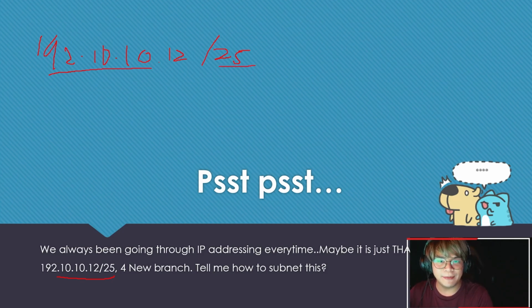For example, this one in binary is like 1, 2, 3, 4, 5, 6, 7, 8. 1, 2, 3, 4, 5, 6, 7, 8. 1, 2, 3, 4, 5, 6, 7, 8. That's 24. 25. So this is in binary. So change this one in binary. And then you will get